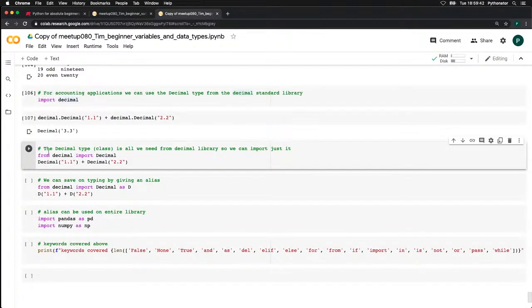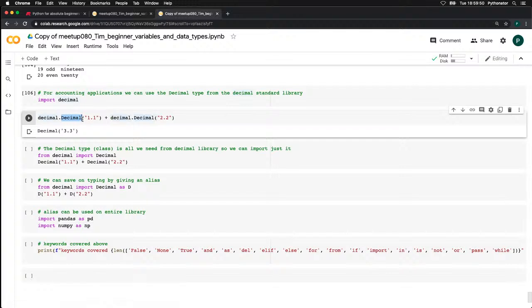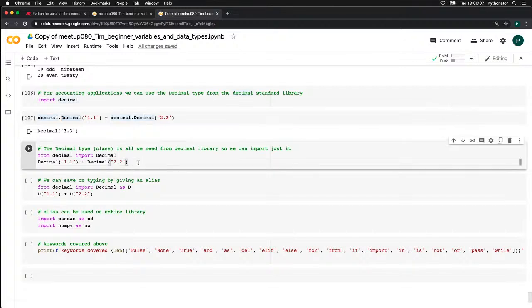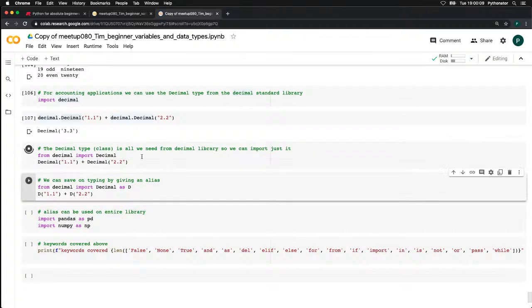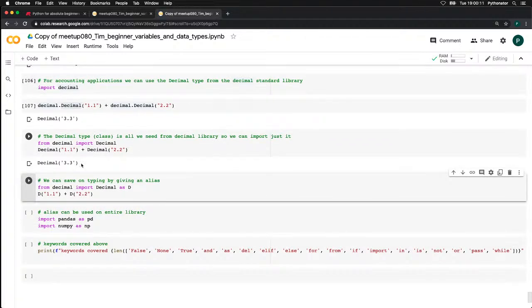Now when we're using these standard libraries, sometimes there's only one thing that we want to import from the library. In this case it's just the Decimal class. So we can say from this standard library, just import that one class. And then it means that whenever we want to use that class, we don't have to prefix it with decimal.decimal. So in that case, we can do